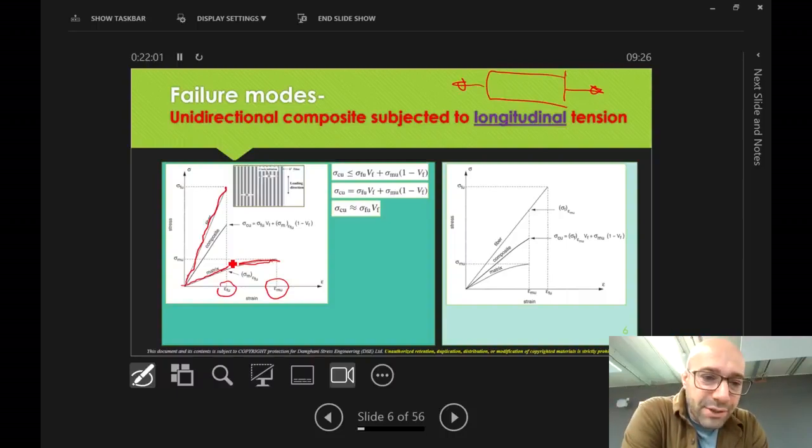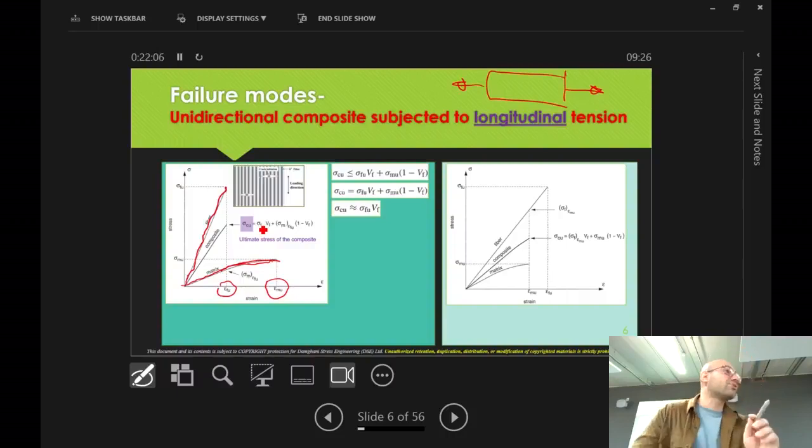We know about the rule of mixture, that if you want to predict or approximate, again, these are analytical approximations. It's not what you see in real life, and I'll tell you why later on. What you often find in real life is that the values would be less than what you calculate. So sigma Cu is the ultimate strength of the composite, when it fails, basically,